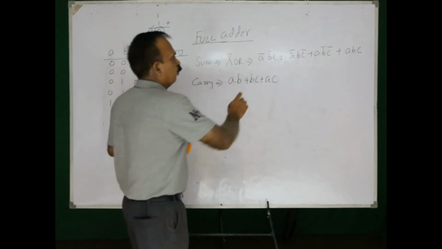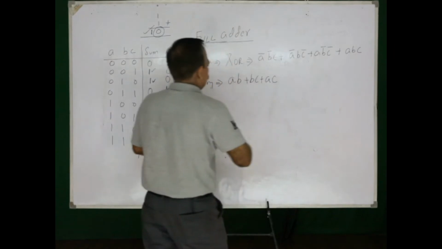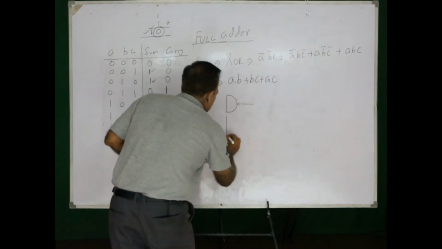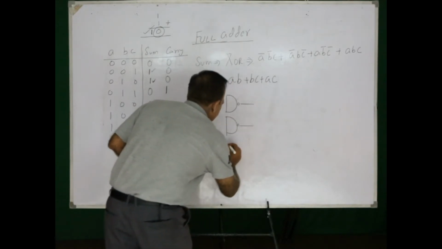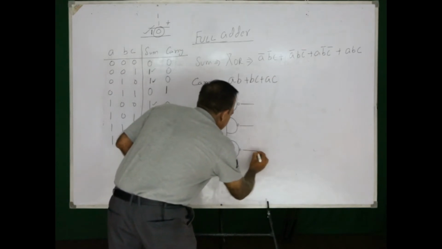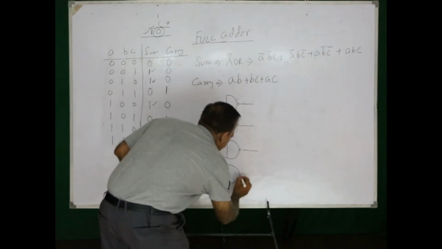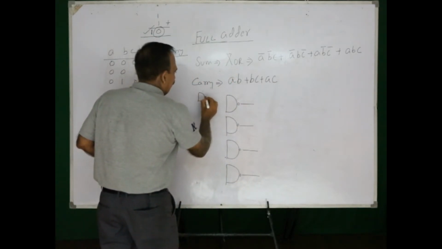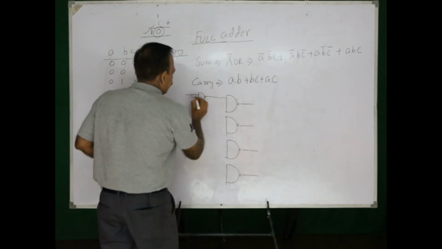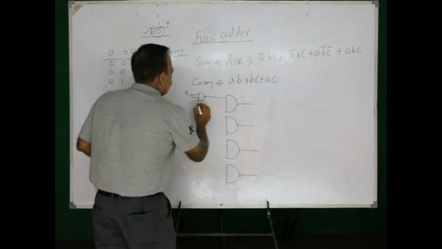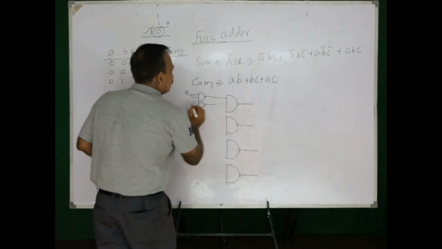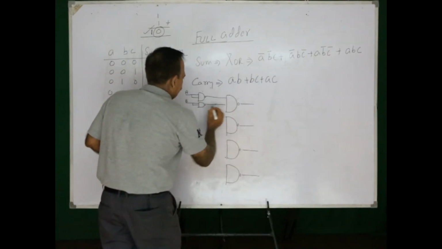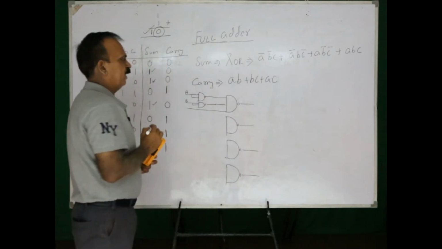Now there are four product terms, so we will be having 4 NAND gates. This is for the first value, I am drawing this circuit for some expression, the third one, and the last one, fourth. Now the input to the first is A bar. For bar we connect the inputs of NAND gate. The another one is B bar. So A bar, B bar, and the third one is C. This is A bar, B bar and C.